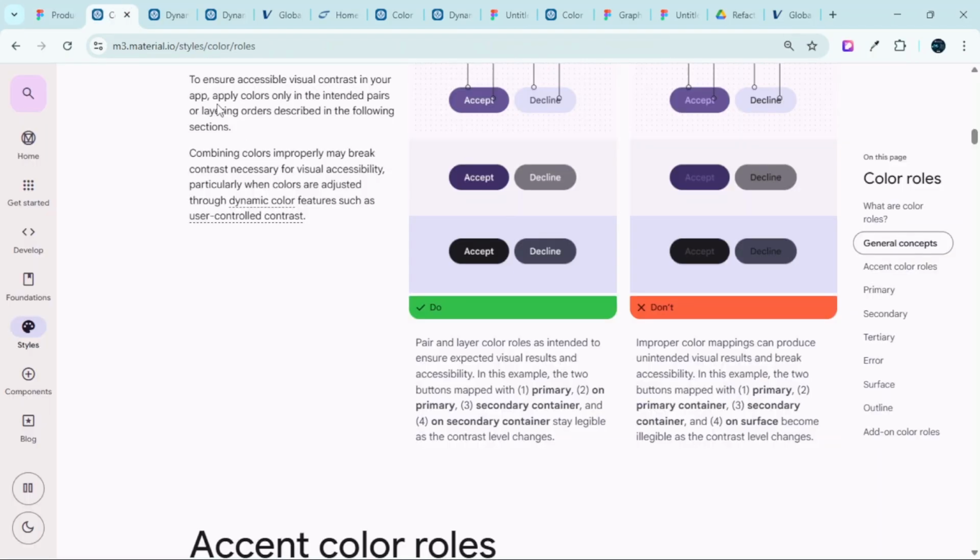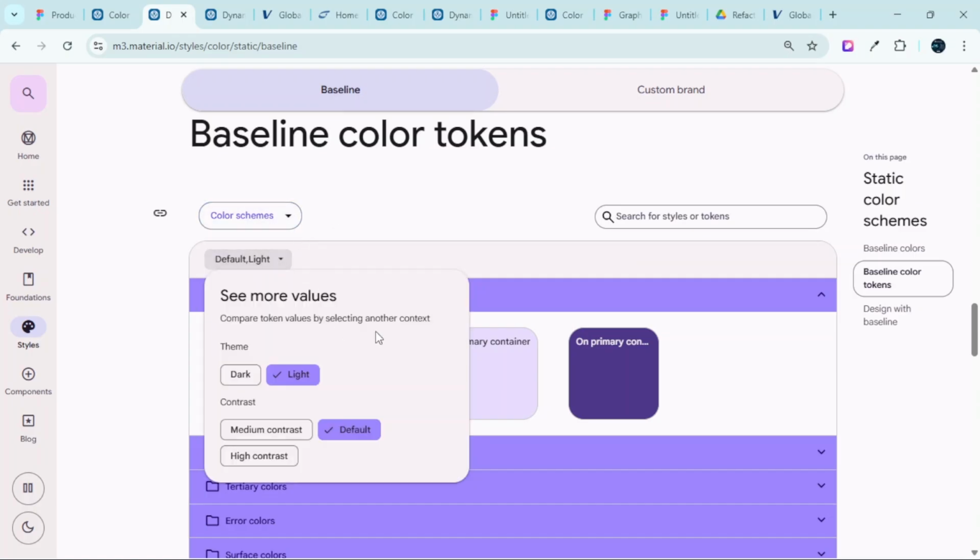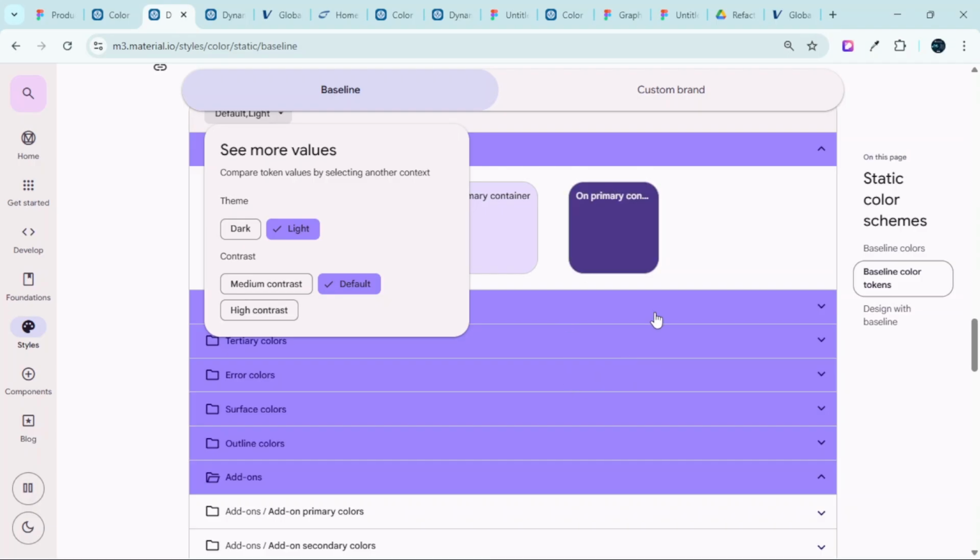Now, since we have color schemes over here, if you actually want to come up with this color system manually, you are going to come up with color rules for lighting. All right, for the standard contrast, you come up with color rules for lighting for medium contrast, you come up with color rules for lighting for high contrast,